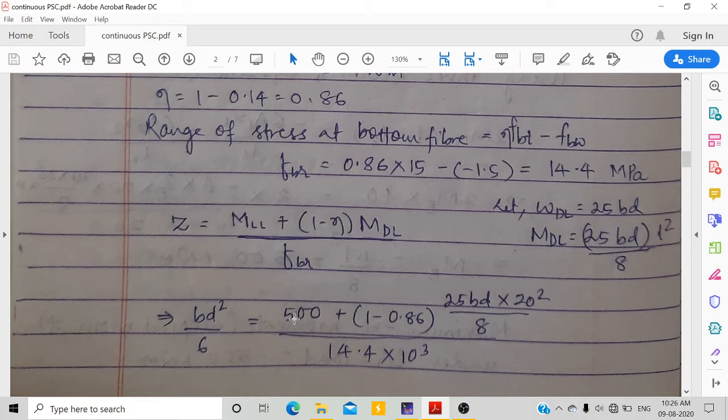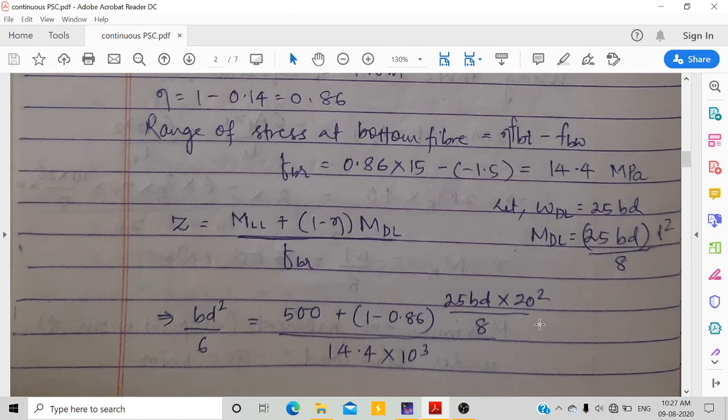The live load we have calculated 500, because I'm taking maximum, so mid support I'm taking plus 1 minus 0.86 moment due to dead load. So we don't know what is the dimension, so let the dimension be B into D. So the load will be 25 into B into D. Okay, so the moment will be WL square by 8, because we have already calculated the formula. If W is the load and there are 2 spans, at mid support the span moment will be WL square by 8. So 25 BD L, I have put 20 square by 8 by FPR.